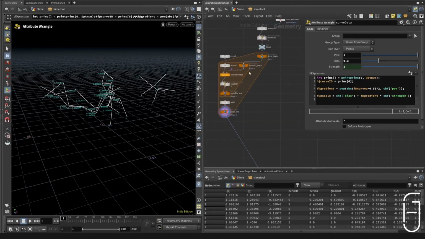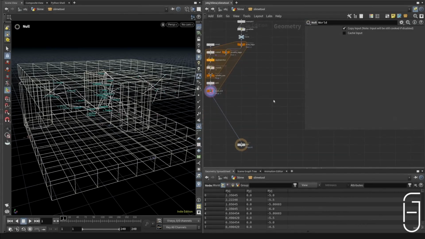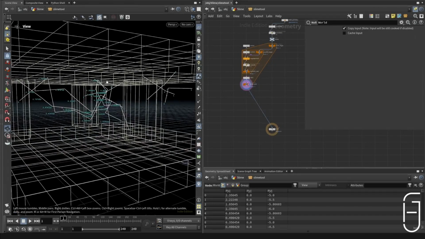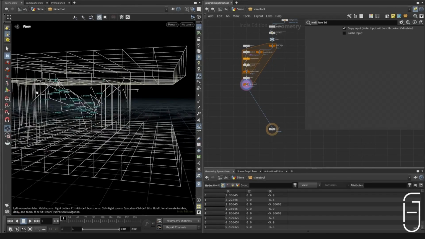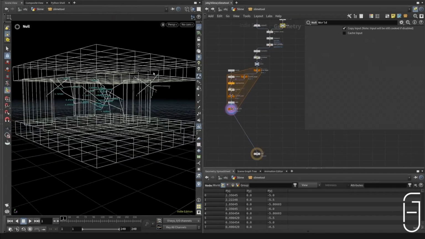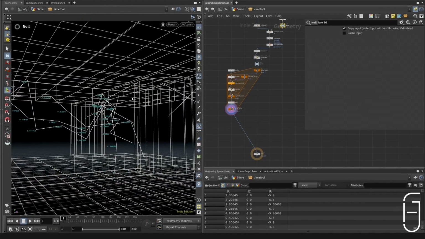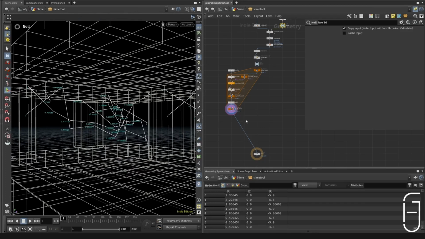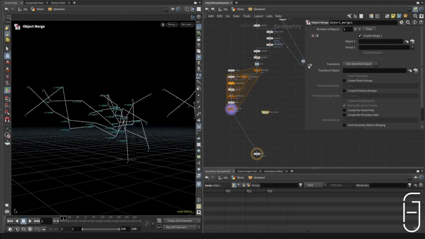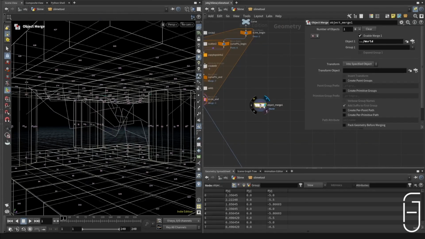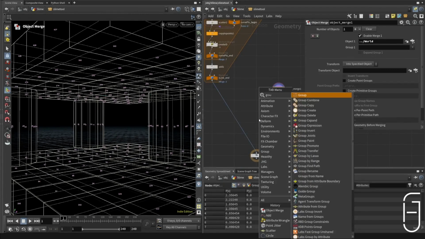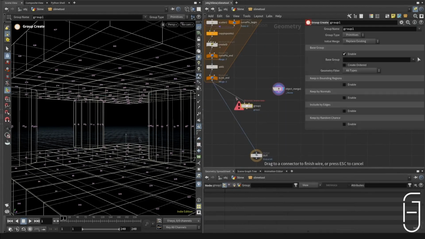Right. Now I want to work with our roll input, because we want to make sure that our lines are grounded against these geometries or these faces. As you can see, they might intersect and they don't really look like they originated from the geometry or that they're hanging on to it. Grab an object merge and drag our world in the object to get it down here. We want to add a group node,